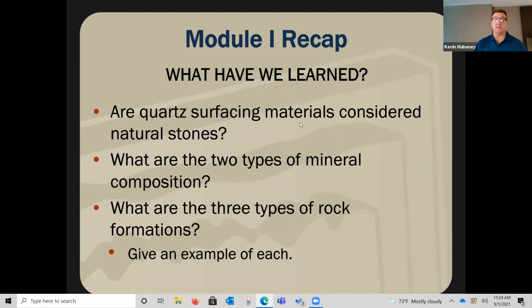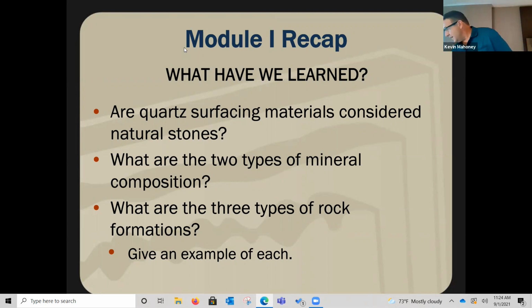And finally, what are the 3 types of rock formations? That's 3 words. I understand it. Oh, there it is, Emily. Emily Bush with the igneous, sedimentary, and metamorphic answer. That's great. Thanks. And then I would have thrown you a gift certificate to Starbucks for $50 had we been